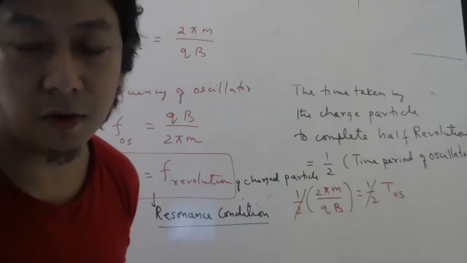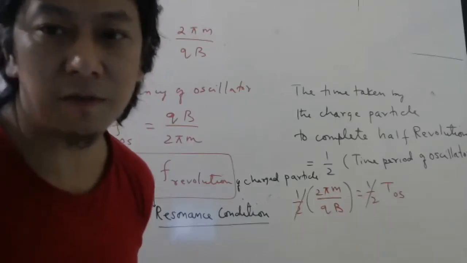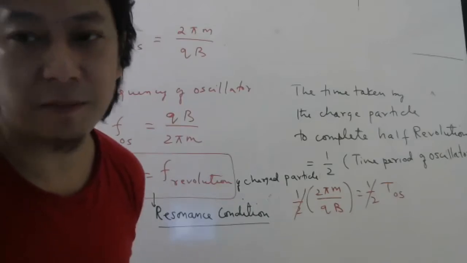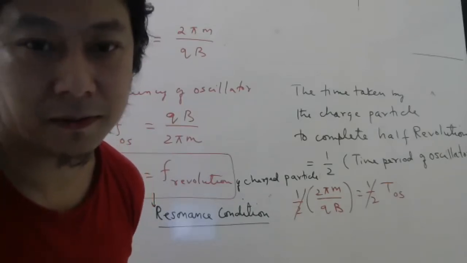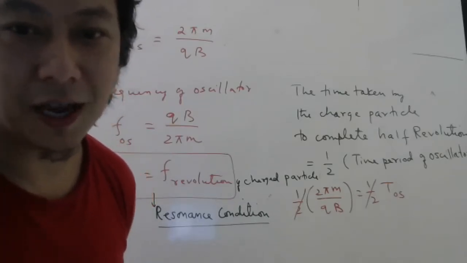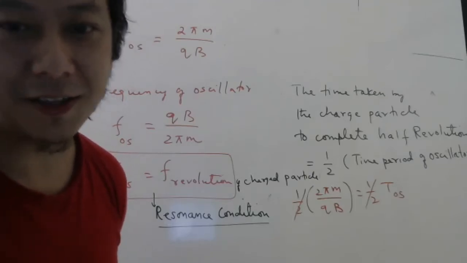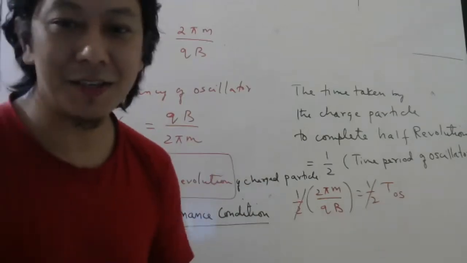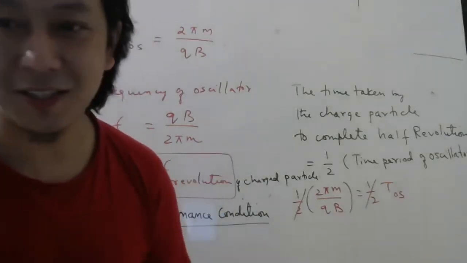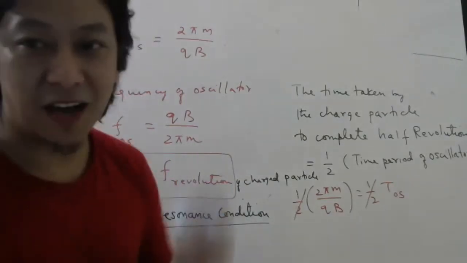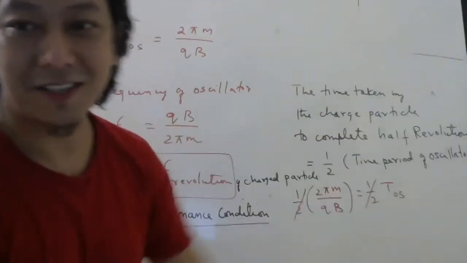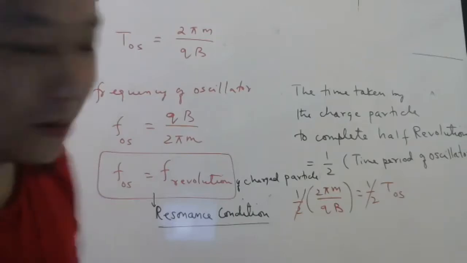Yes, Kirti. Already we have discussed that R equals mv by qB. So if radius increases with speed, time period will not change. Yesterday's class, I think you were not concentrating, Kirti. Yesterday I have spoken about that. When radius increases, speed increases, so time period does not change. If you run fast, but if I increase the road, if I increase the distance, time taken will be the same.